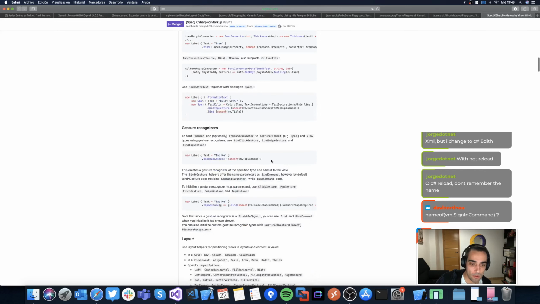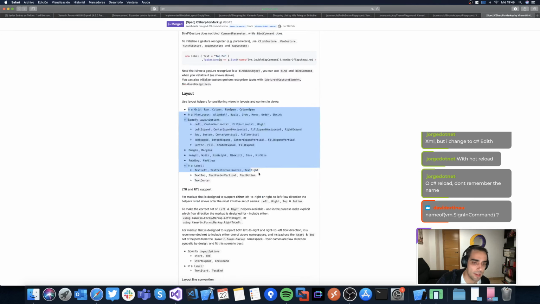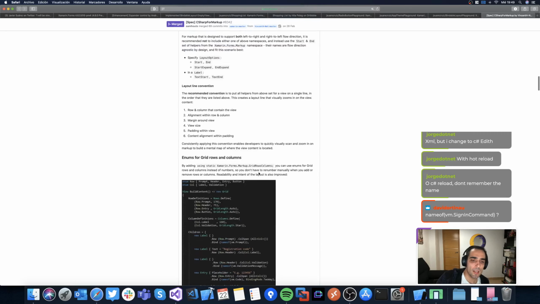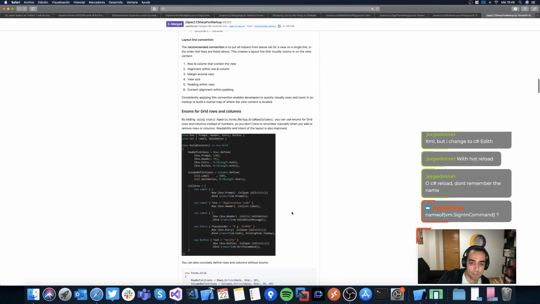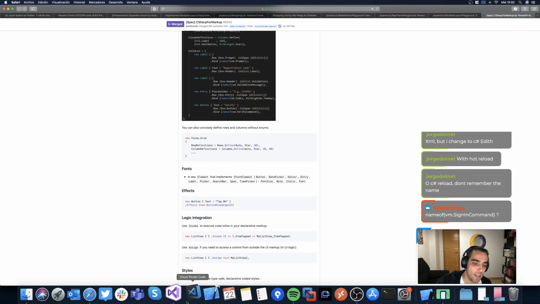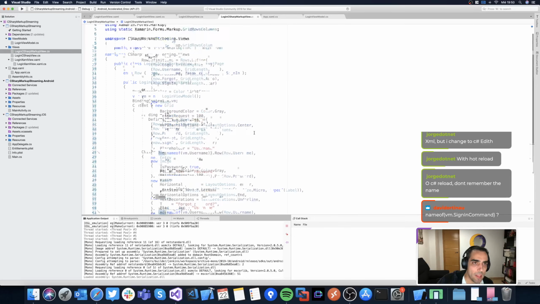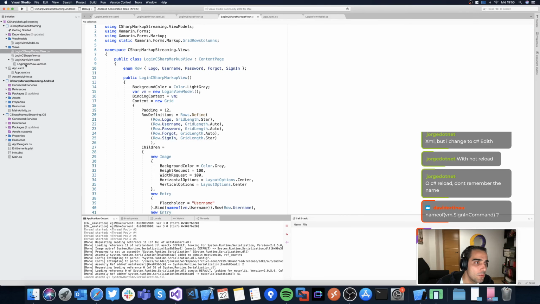And yeah, as I told, you can also include some gestures using more extension methods, all the stuff related with layouts, RTL. These are the naming conventions and stuff that we have created before in our sample, but of course you have all the stuff necessary to work with all the basic Xamarin.Forms functionality like styles, fonts, effects, etc. So the only thing pending in this sample is testing. So let me move to the